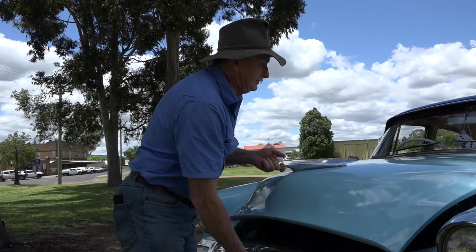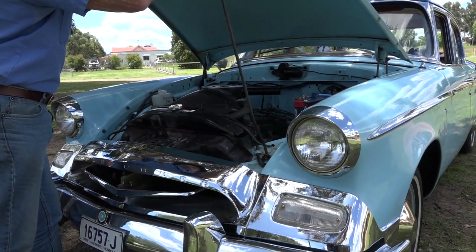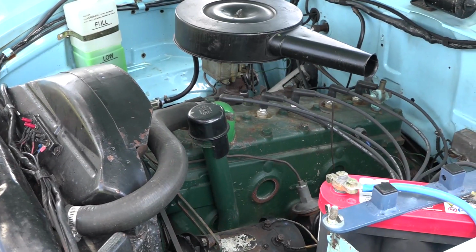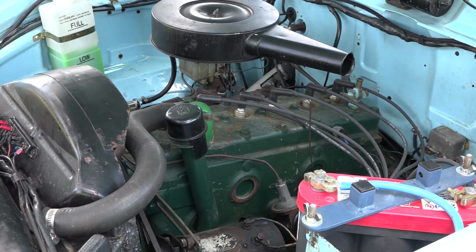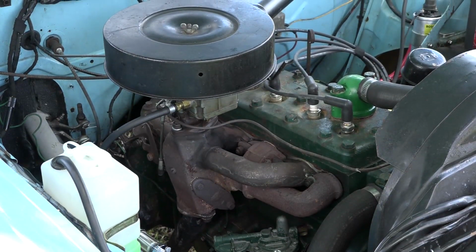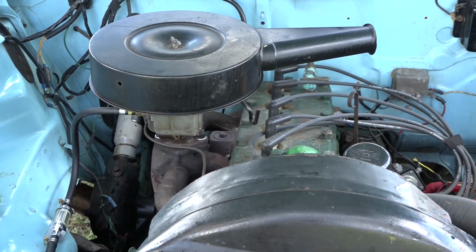Now, first things first, Ken, let's talk about the engine. Up front, we have a Flathead 6. What can you tell us about that? Yeah, it's a 185 cubic inch. It's got 101 horsepower at 4,000 RPM and has an unusual feature of hill hold. Now, that's interesting. Hill hold, okay, so you're on a hill, foot on the clutch, and the car...